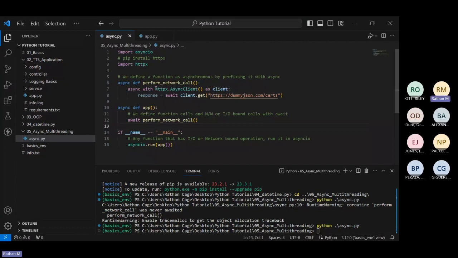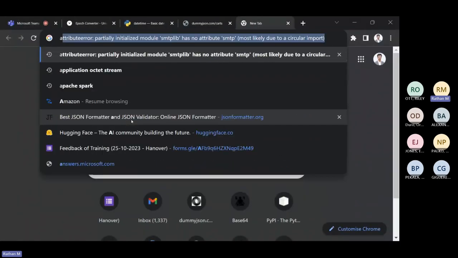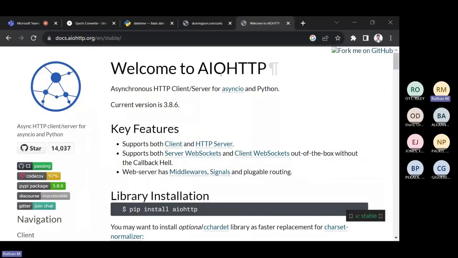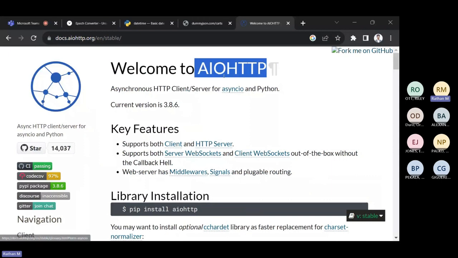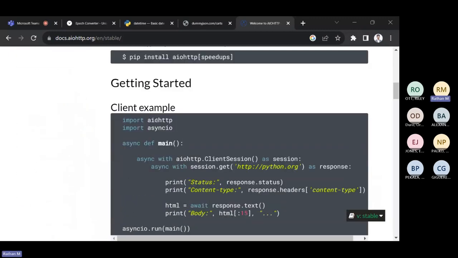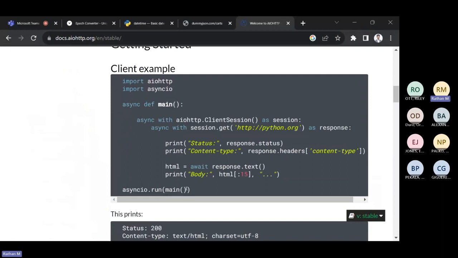Right. Now, there are multiple ways to do the same thing in Python, to be truly honest. Instead of HTTPX, you have another package within Python called aiohttp, which will help you directly perform async operations with HTTP. So there are multiple ways to do the same thing. In asyncio, what we did was the HTTPX client, right? HTTPX.AsyncClient. Instead of that, you can use aiohttp.